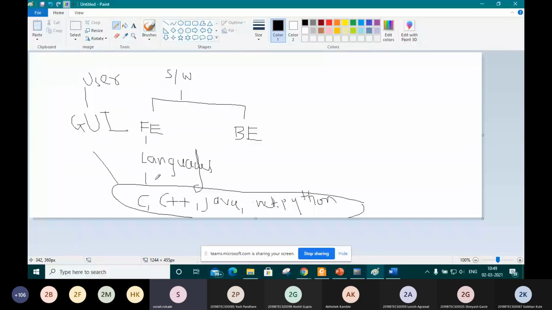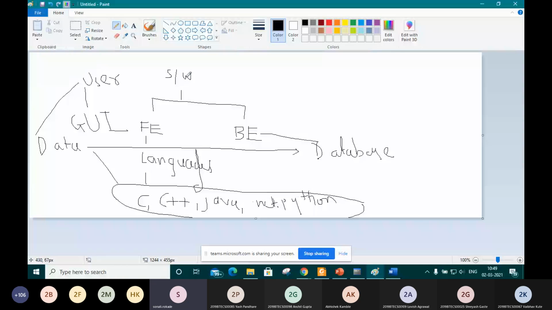But whatever we are going to handle along with this, we call it data. And that data is stored in a database, and that database will act as the back end of any application.